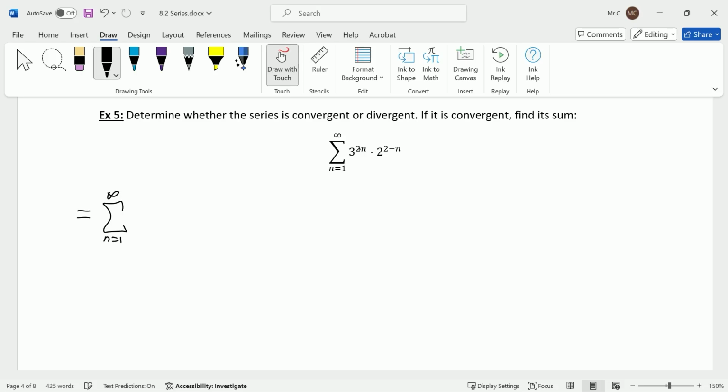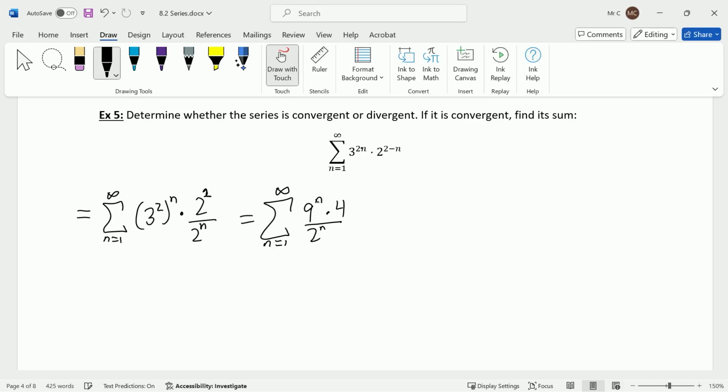Well, 3 to the 2 times n can always be written as 3 squared all to the n power, because when we raise an exponent expression to another exponent, we multiply them. So we can do that in reverse. And 2 to the 2 minus n can always be written as 2 squared over 2 to the n. So this is like applying our basic algebra exponent rules, but backwards. So I'll rewrite this a little further. 3 squared is 9, so this is 9 to the nth power times 4 all over 2 to the nth